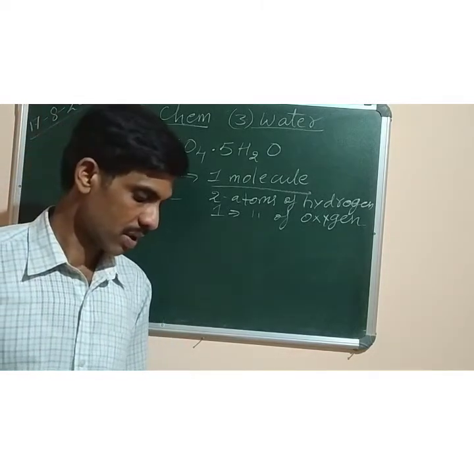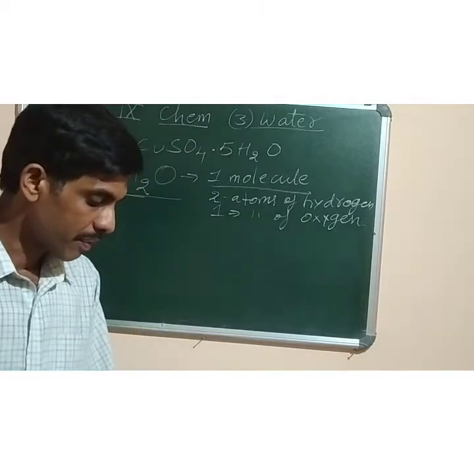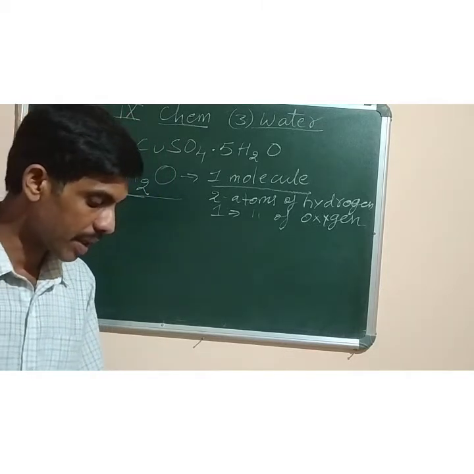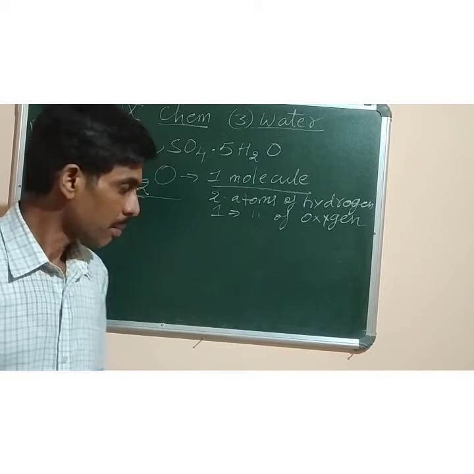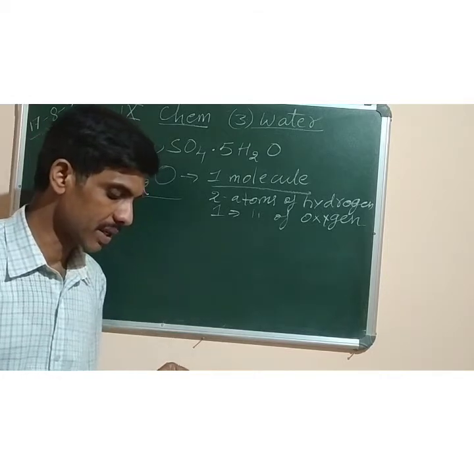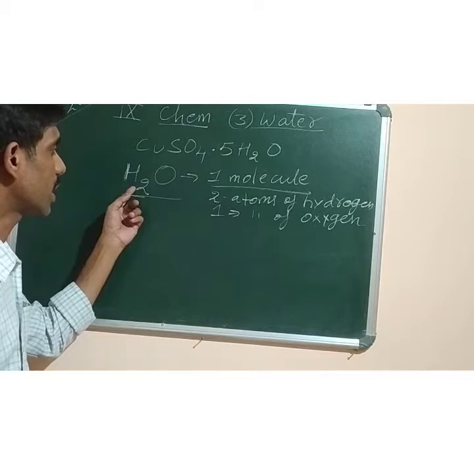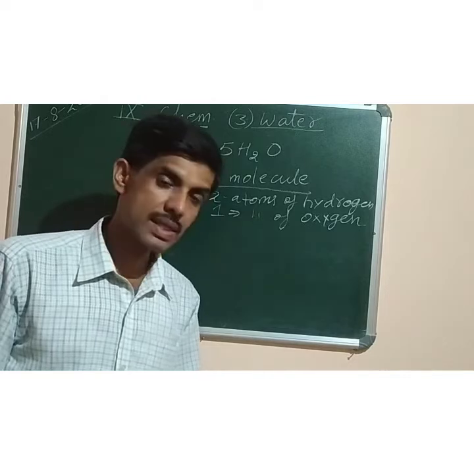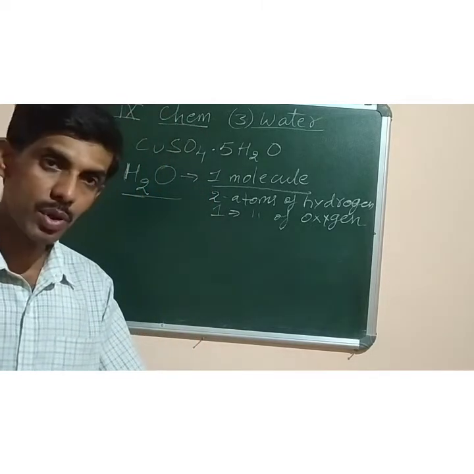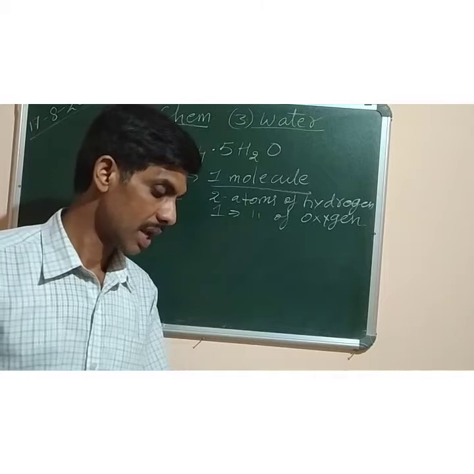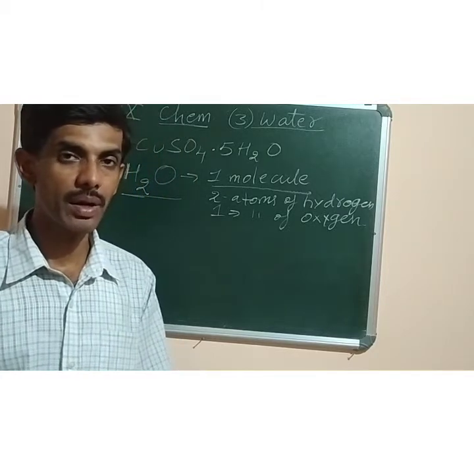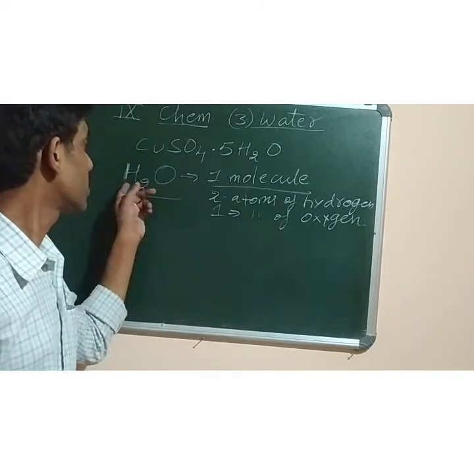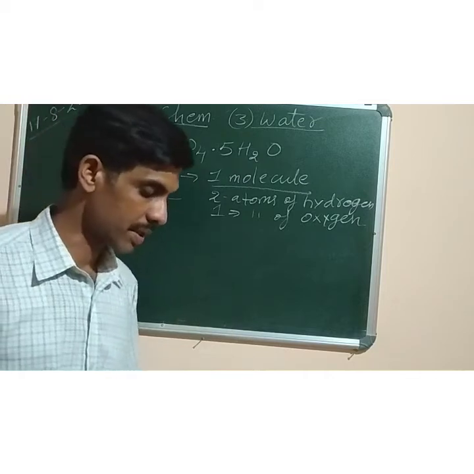If you take water from anywhere, either from India or any other part, the same molecular composition will be found. In 1781, a scientist named Henry Cavendish showed that by burning or igniting a mixture of 2 volumes of hydrogen with 1 volume of oxygen, we can get water. In 1783, Antoine Lavoisier, who is also known as the father of chemistry, confirmed that water is not an element. Of course, we know that water is not an element, it is a compound, because it is made up of 2 different elements, hydrogen and oxygen.